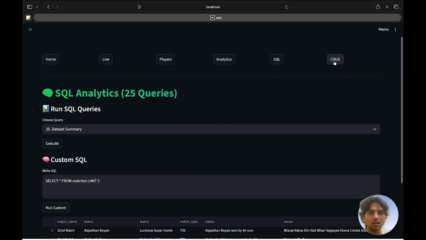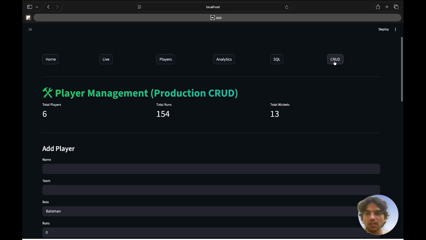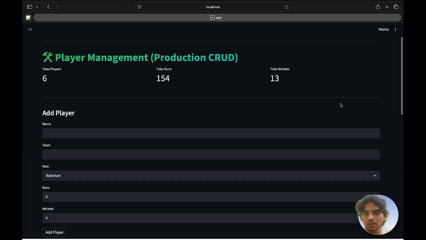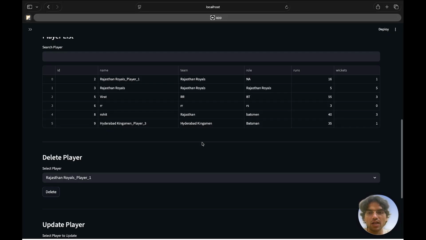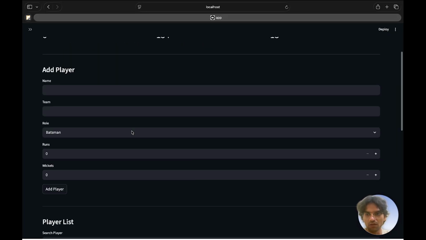So coming to the credit section, which is player management, basically you analyze the player level and the team level, players who perform well and you want to add in your list, so you can add a few players. A platform is available for batting and all those things. So you can add from here. A few players I already added before, and whenever you want to add